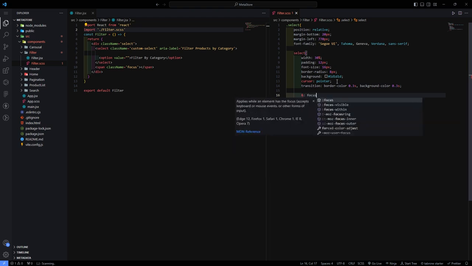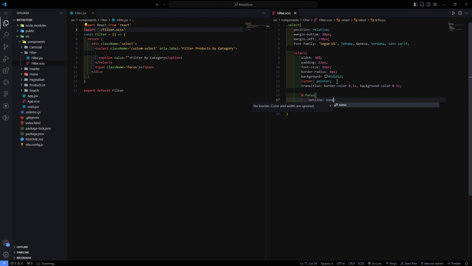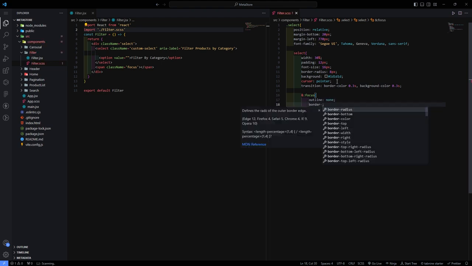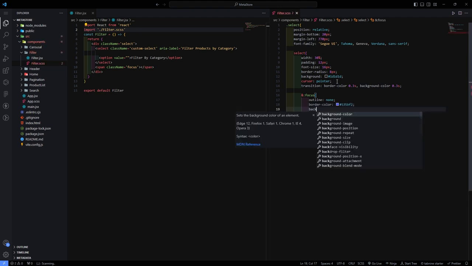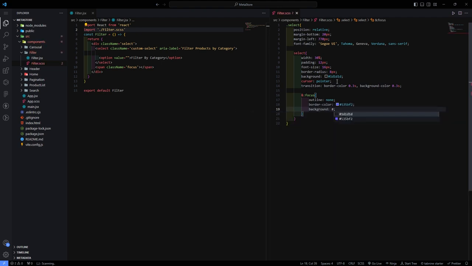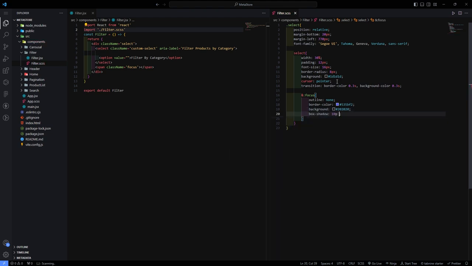And on focus, outline none, border color 535BF2, background color is 202020, box shadow 10